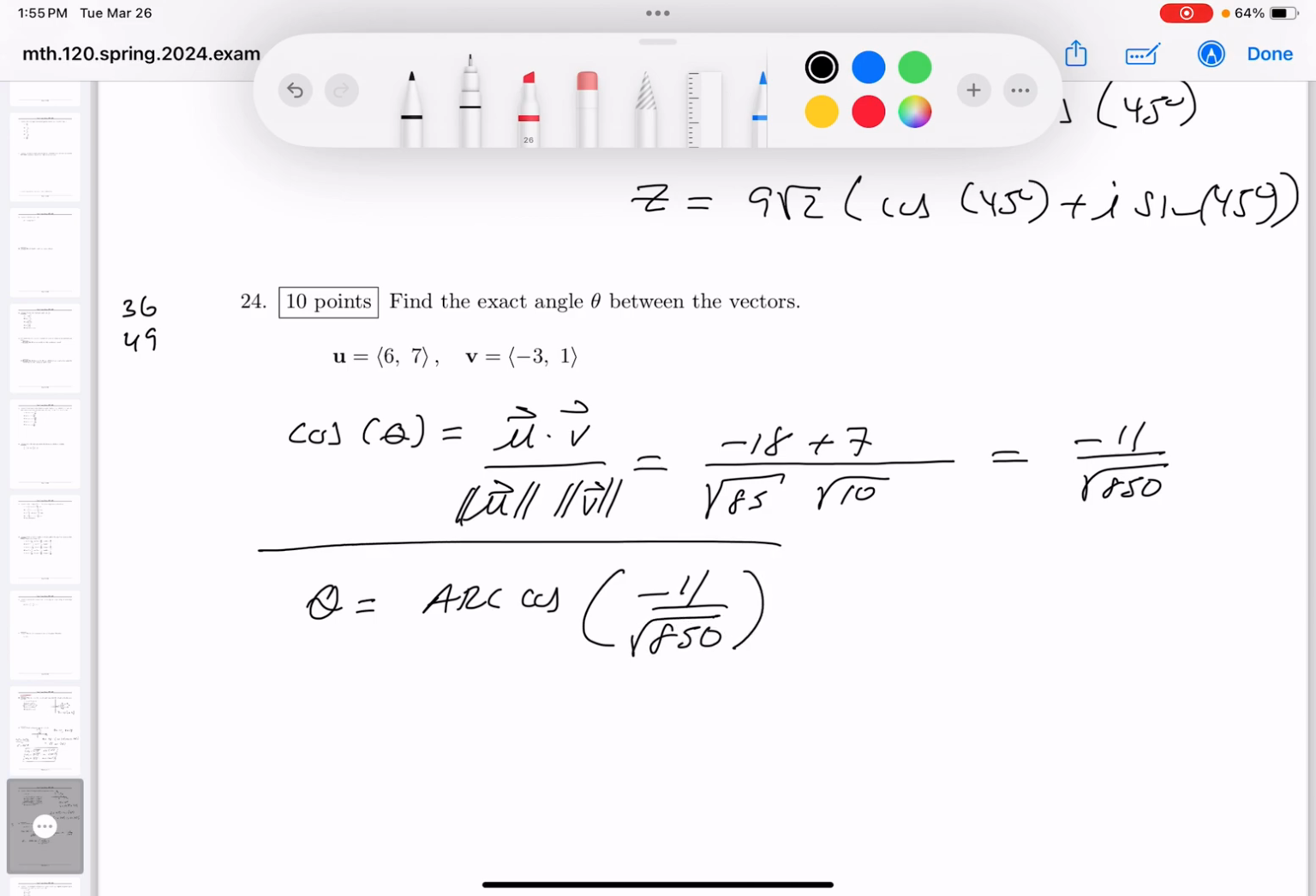Now, by the way, this is an answer. You can leave that. It's an exact answer. If you want to do some arithmetic, you can. I'm going to say the arithmetic's not that bad over here. And I'll point out what I mean by that. 850